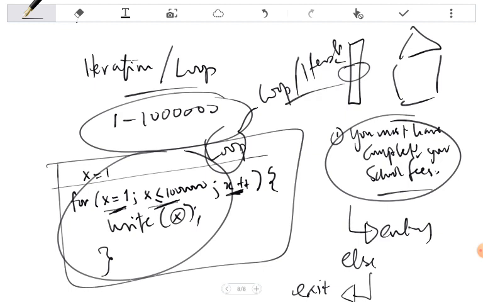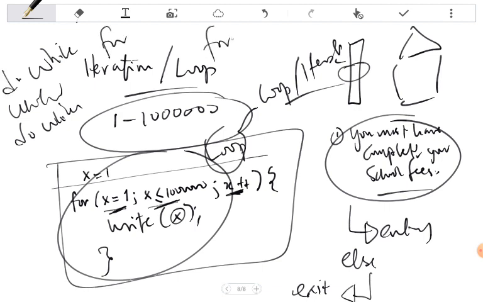Do you understand? So there are different types of ways by which you can loop. There's the while loop, there's the do while loop, pardon my handwriting, there's the for loop, and there are even other generic loops that we have for specific applications, like the for each loop, or in some languages, the foreach loop, and so on and so forth. Okay, so we just repeat something over and over and over again. Basically, that is the idea.